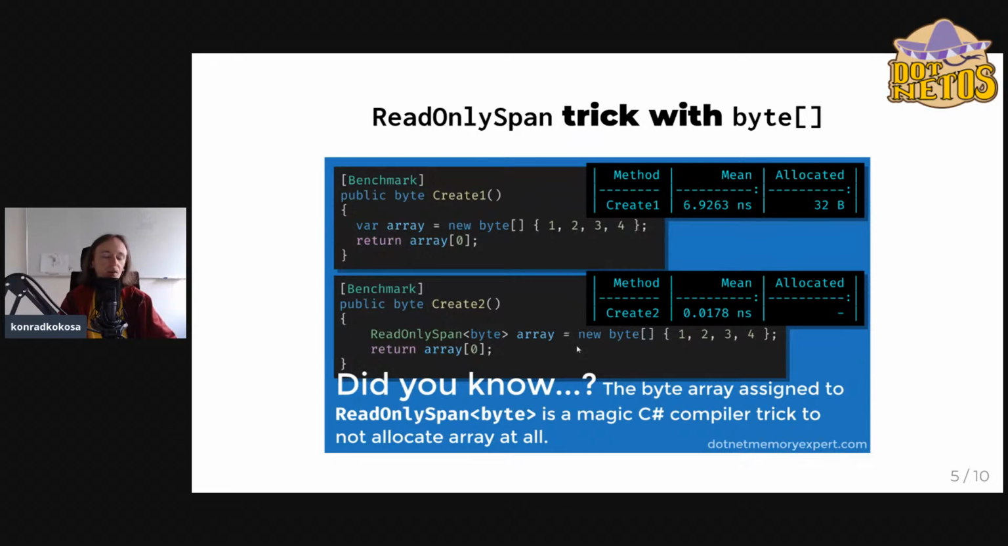And this obviously allocates this array. So we are seeing that with the help of BenchmarkDotNet, this takes some time and also allocates 32 bytes, which is the size of this byte array. And then we have a second method, which is creating exactly the same byte array, but instead of assigning